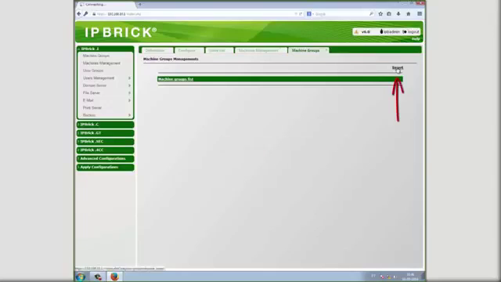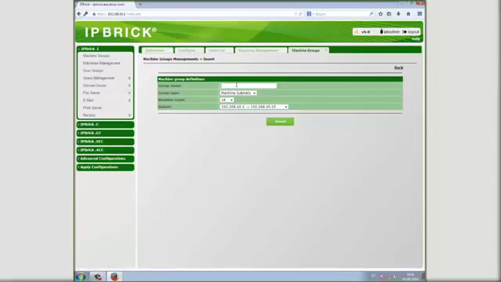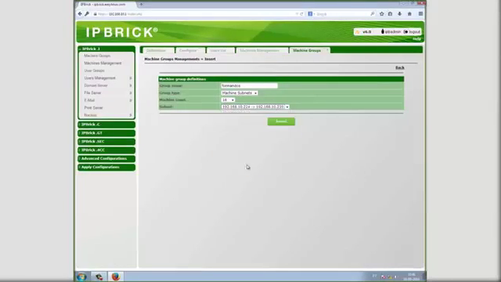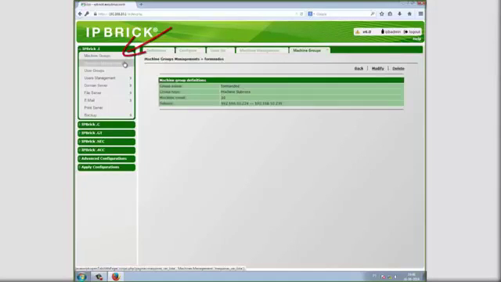Clicking on the Insert link. It's now time to name the machine group, according to administrator needs. The number of machines in this group ranges between 1 and 16, and accordingly, the IP address will range between 224 and 239. Clicking on the Insert button. Now that the group to which the machine will belong has been selected, the machine will be inserted. One should access Machines Management, and click on